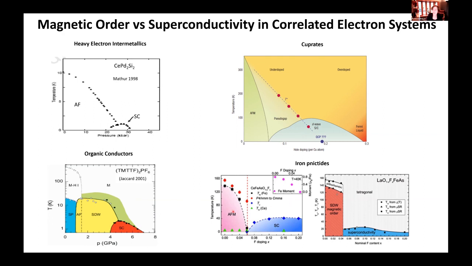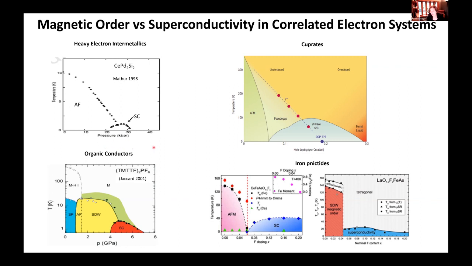And despite the fact that the microscopic physics of these systems is very different system by system, we can see that this quantum critical point is a critical part of these correlated electron systems. So you could say, well, the simplest way to think about it would be that if we suppress the tendency towards magnetic order, some other sort of instability will just leap out and become the new ordered state, because we expect to see order at the lowest temperatures.